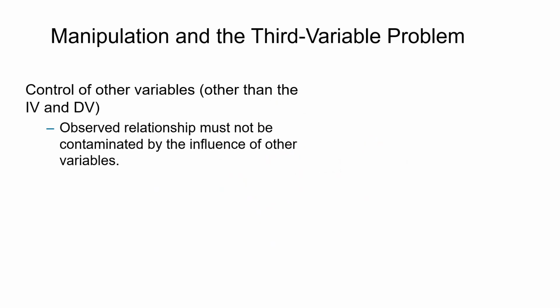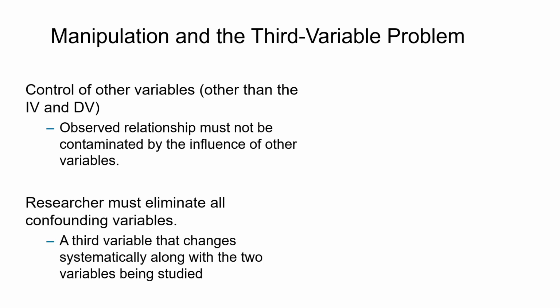As far as manipulation and the third variable problem, this is where, again, you want to control other variables other than the independent variable and dependent variable. So in a sense, like it says here, the observed relationship that you find can't be contaminated by the influence of other variables. So researchers must do everything they can to eliminate these confounding variables, even if basically the way you would eliminate them is by making sure that the third variable changes systematically with the variable being studied. Meaning it's